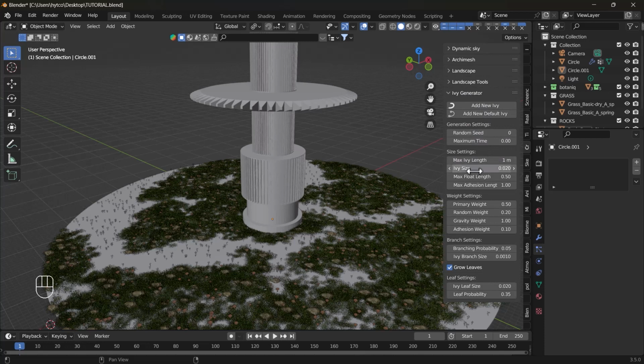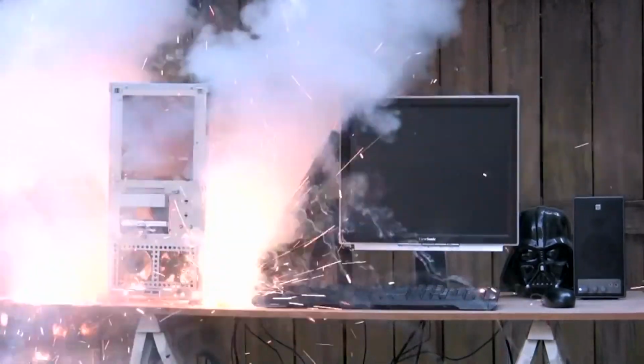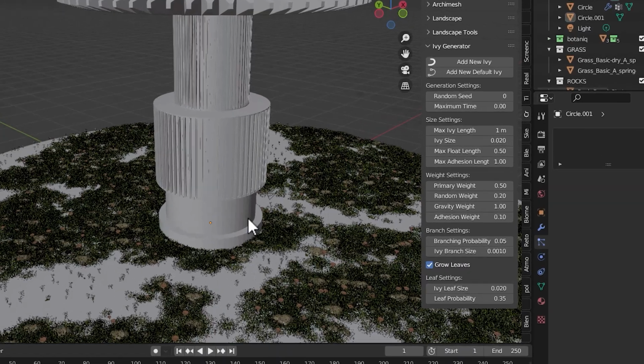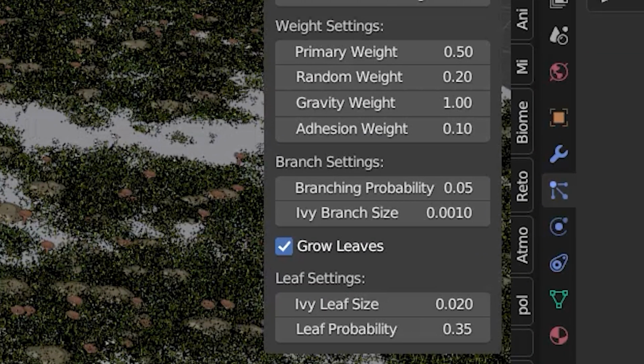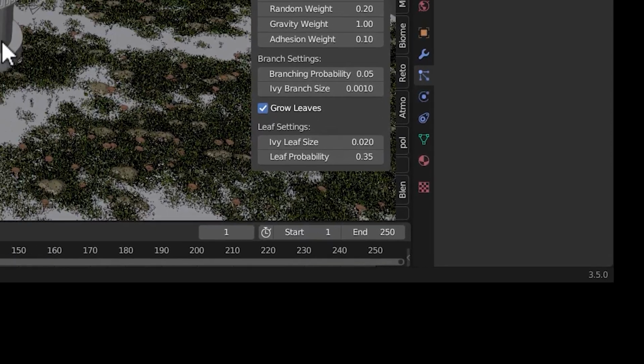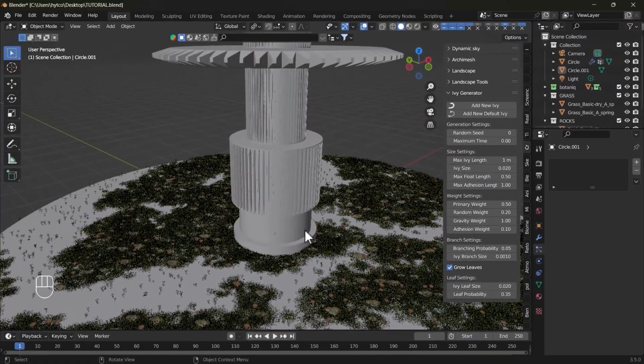Down below in this, you can see Grow Leaves. Just click on it if it's not checked already. Now this will be the value for how long your ivy is going to be. And again, don't make this number too high, otherwise this may be the last time you're seeing your PC running some stuff. Okay, so in the branch settings, obviously you can change the size of the branch. And the same for leaves in the leaf settings. And also always try other things on your own, you'll learn better this way.